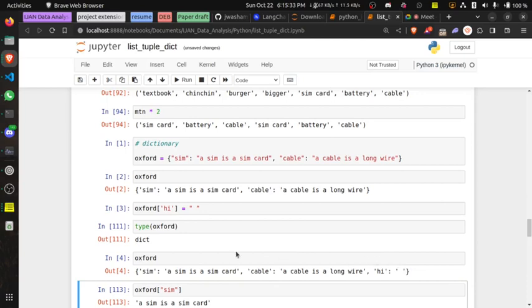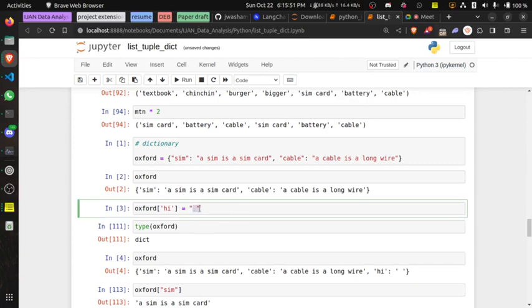So I'm just trying to repeat the definition: a key-value pair, you must have a key, and it must have a value. But that value can be an empty string. This space actually means something in Python. Space is actually something. I could have used an underscore here. So you see space as something.